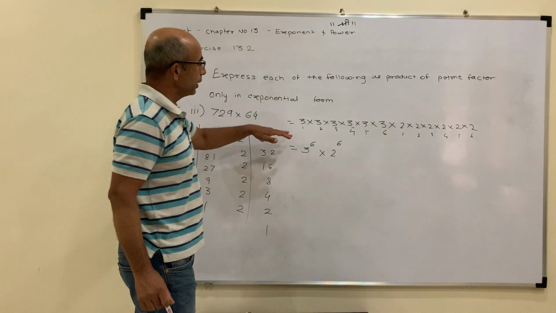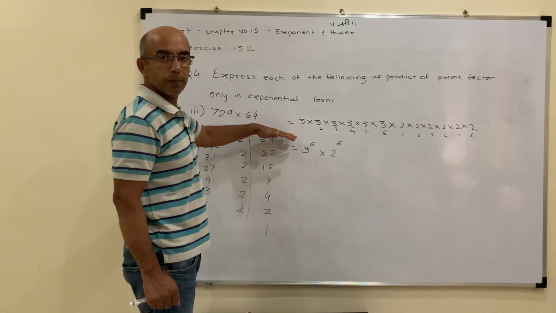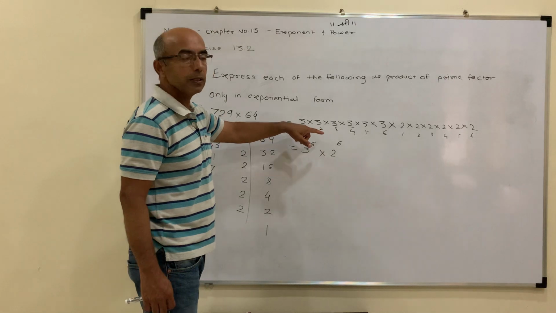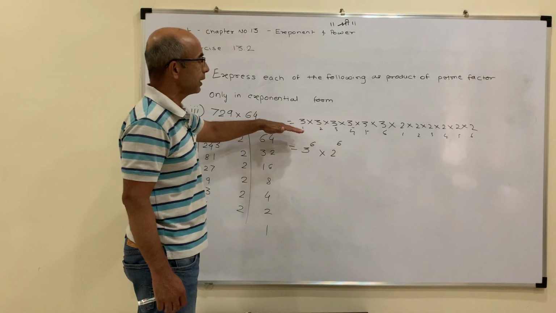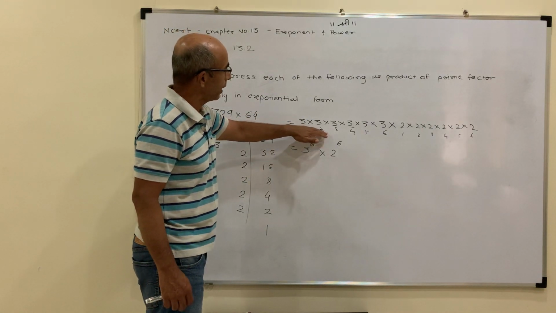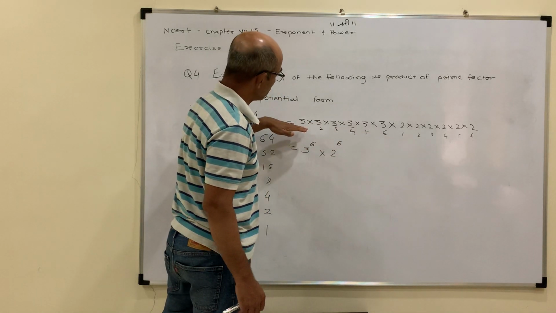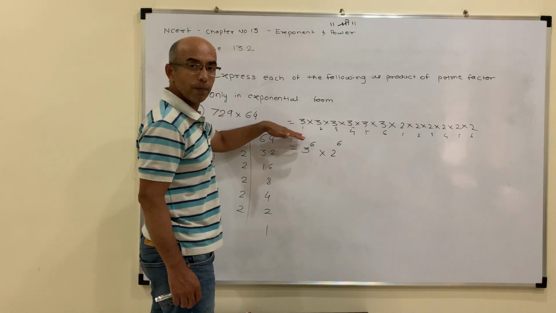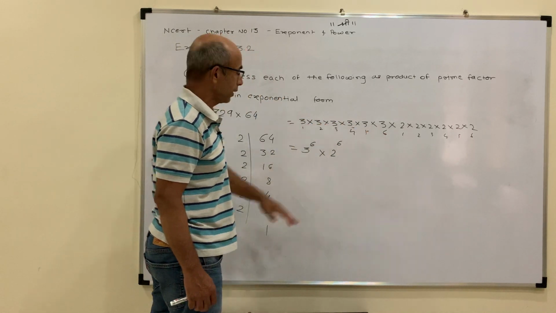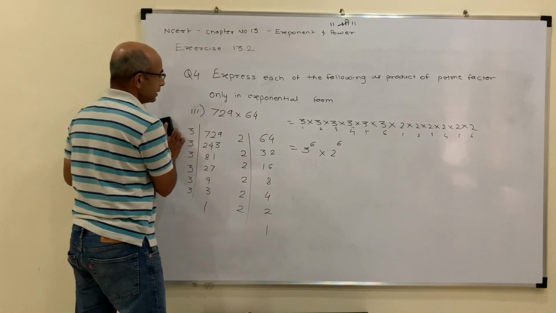Keep in mind, you should not be missing any of the steps, so you won't commit any silly mistakes. Why I am writing this 1, 2, 3 is not to miss any appearance of that number. So I am counting 1, 2, 3, 4, 5, 6, to reconfirm that we don't miss any appearance of 3. So now let's move on to the fourth one, 768.